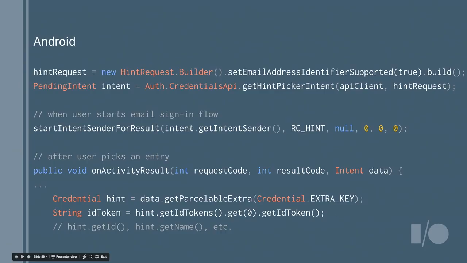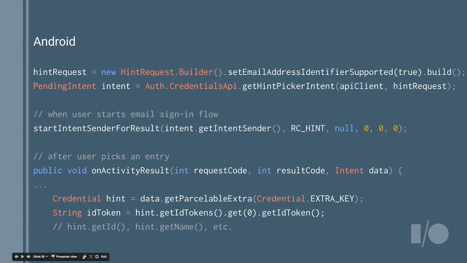And it's pretty simple. So I think this is perhaps one of the highest ROI investments that you could make in your app. One of the best learnings you could take out of I/O is by adding a few lines of code, assisting sign up, you can see much better completion of the account registration flows. And so to make it happen, you construct a hint request, as we say. You specify what type of identifiers you'd like to see. You pass that into the API, and you'll get an intent back. So that's the dialog that you can show to the user.